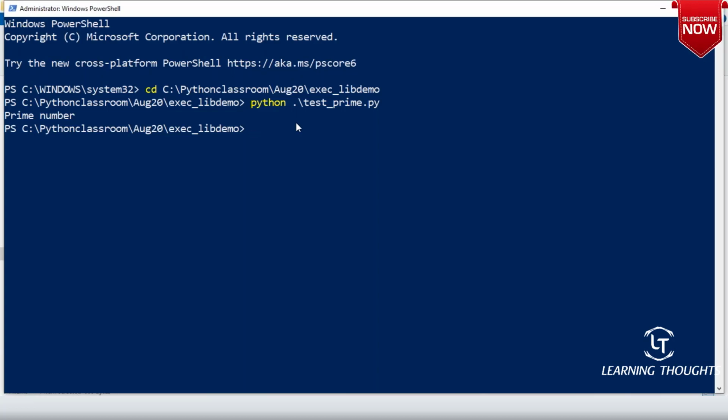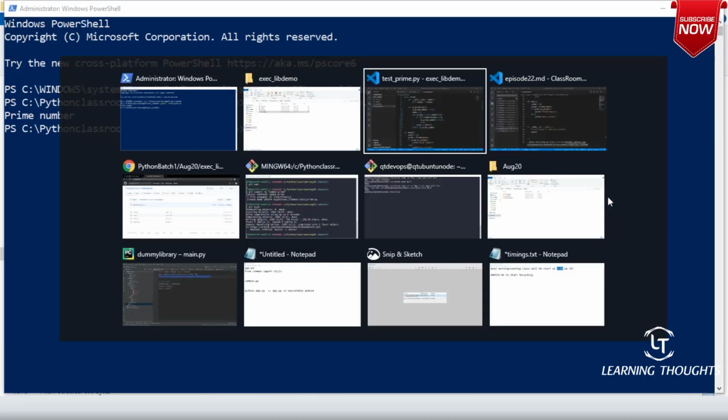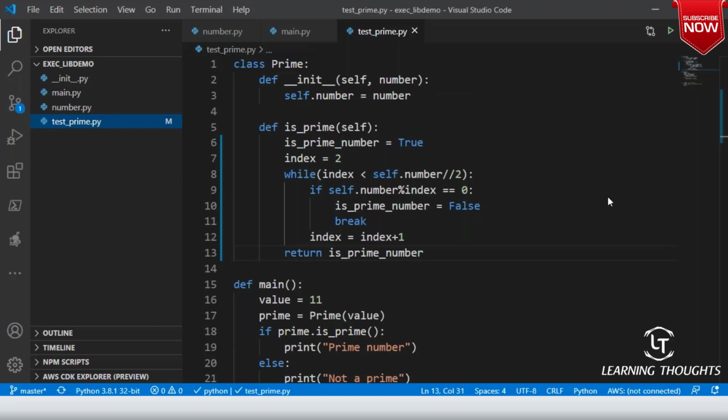We have executed code a lot of times, and still people are asking how to execute the code. That is funny, but still I have shown you. Are we clear on this?